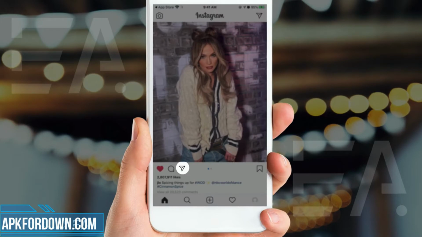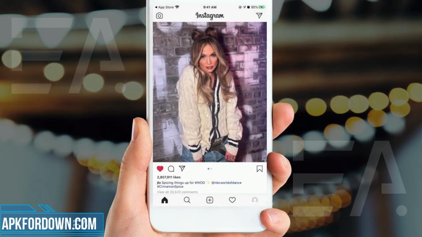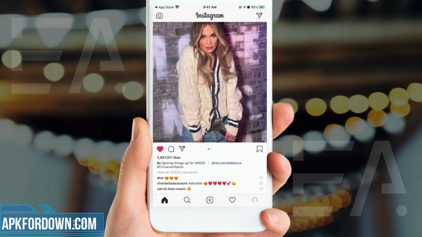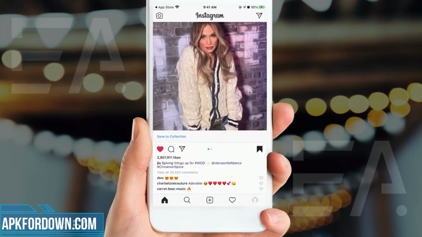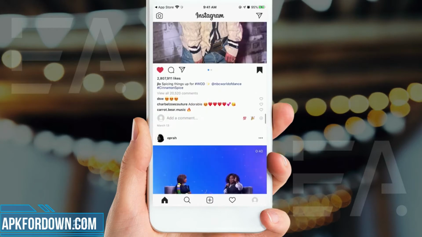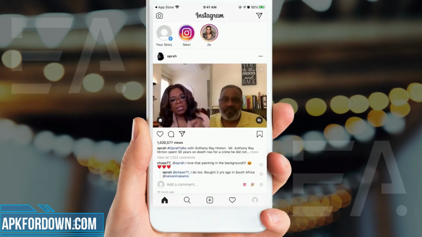And this button is a message button. You can either send this post directly to somebody on the list, or you can add it to your own story. This icon on the right is a save post button, which takes it to a little gallery that you have down there in your profile that you can come back to and look at stuff a little bit later. If I were to press the home button again, it'll take me right up to the top of my page,